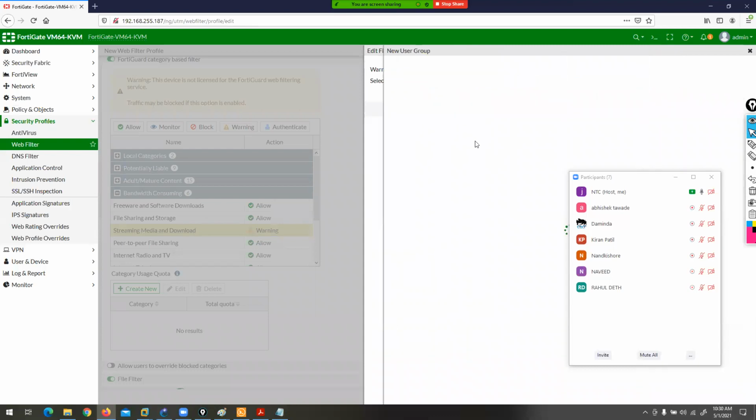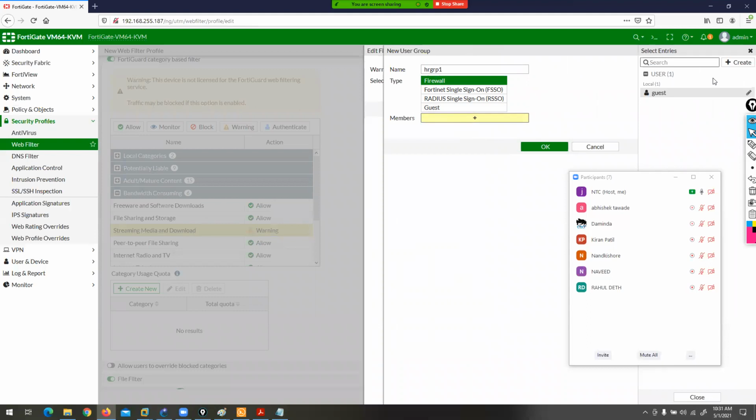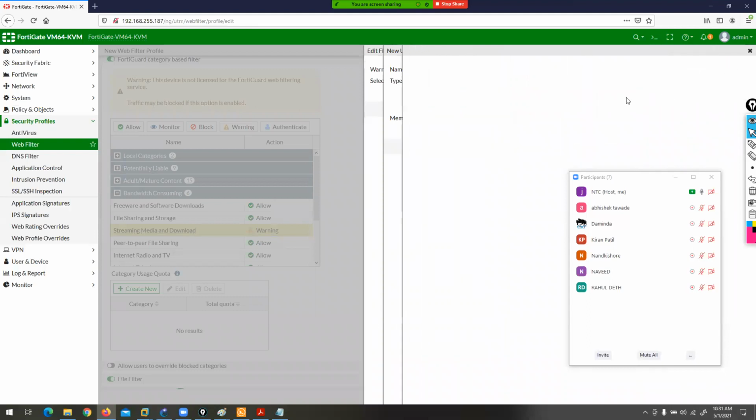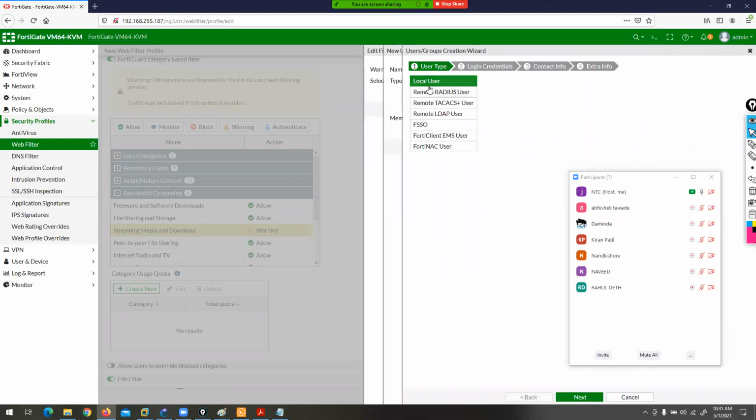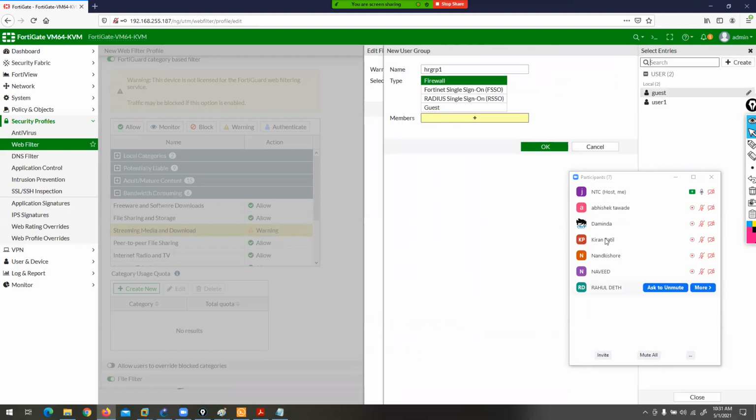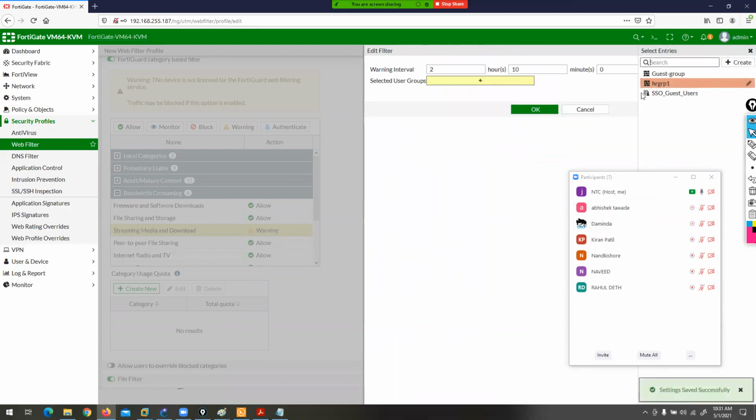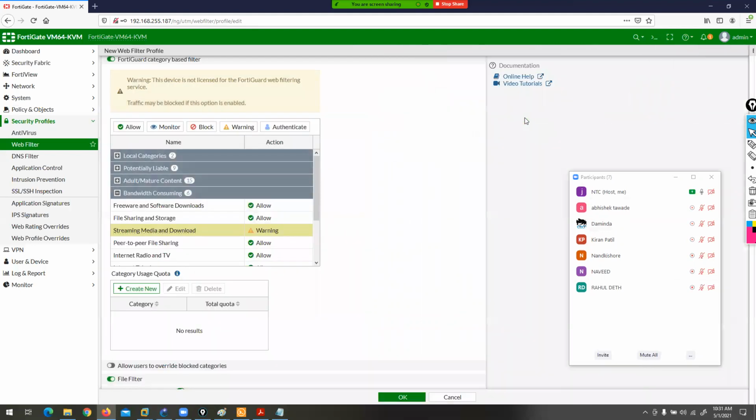Right now we don't have any group, so let's create one here. I'm creating HR GRP group, 1 member. Yes, I have some users. Let's create users, local user. I'm creating a user account user 1, for example only, with password 123. You can click on next, click on next, and click on submit. You can attach your user account 1. You can click on OK. You can add your group. Now you can click on OK.